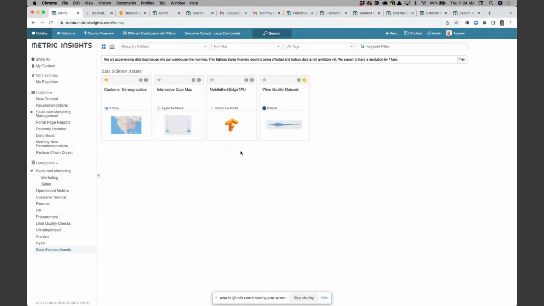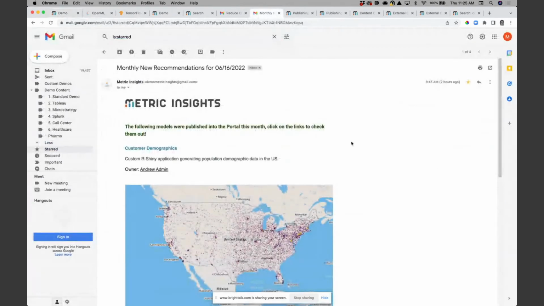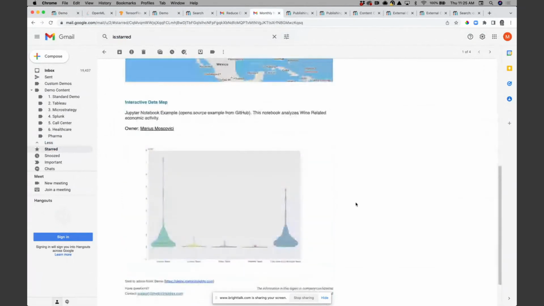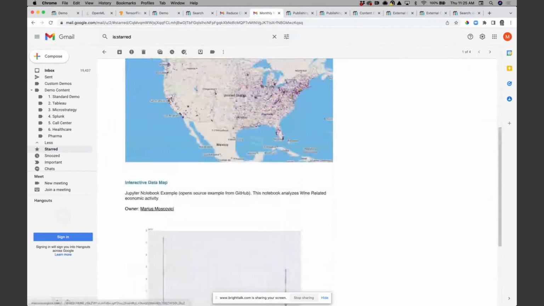And so that might be something like distribution. So something I can do within a BI portal is push content out to users. Well, I might want to do that for my data science assets as well. So maybe I want to promote a set of data science assets every month that has been added into the portal, and I want to push that out to users via email. So anyone who has access to these models now knows they're available and what they're intended for and who's owning them, and be able to receive that in email. So I don't have to come and discover them, and I can click through to them and see what it is that we're trying to achieve and use those models.